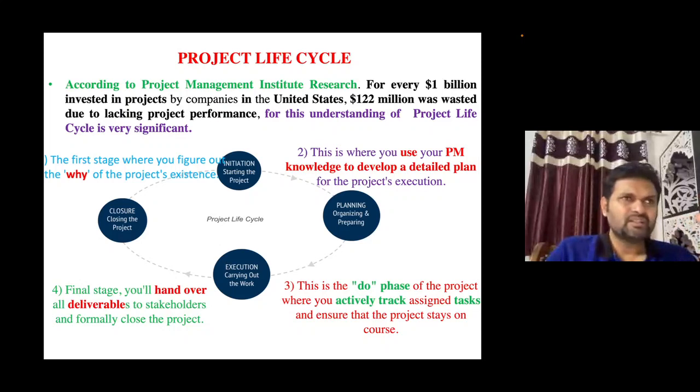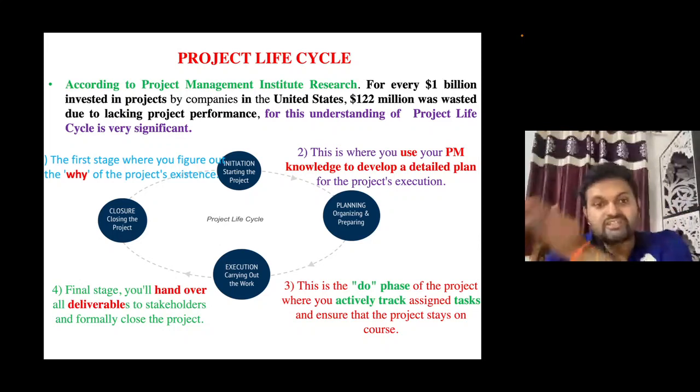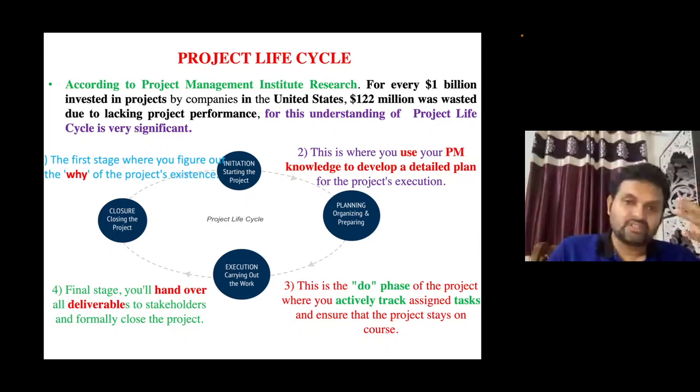In simple terms, every project can be divided into 4 phases. In some books it may be written as 5 phases, but generally it depends upon my project type and what kind of division I want to make. Generally, we standardize and divide it into 4 phases: initiation at the starting phase, then the planning phase, the execution phase, and last the closure phase.